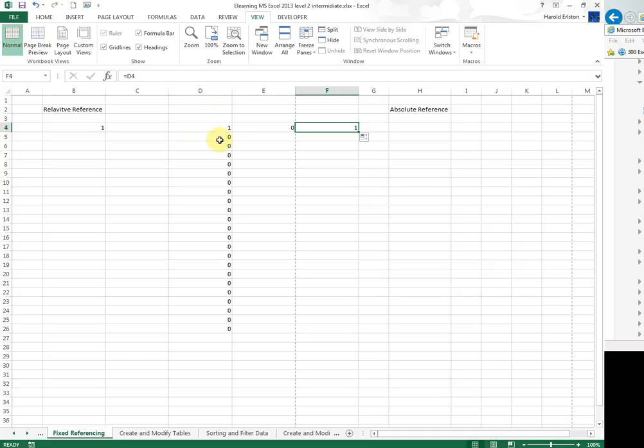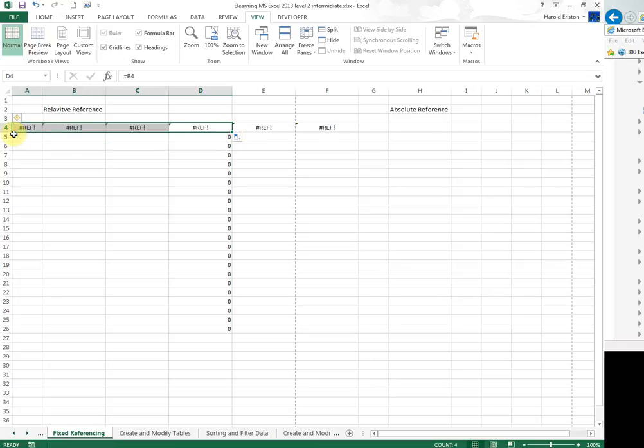So how do we stop this from happening? Well, we need to convert the cell references to absolute references. In other words, we don't want it to change line by line or column by column when we use autofill. We want it to reference a specific column. Okay, let's have a look now when I copy it to the left. I select the cell, autofill, drag it to the left, and I can carry on doing that,